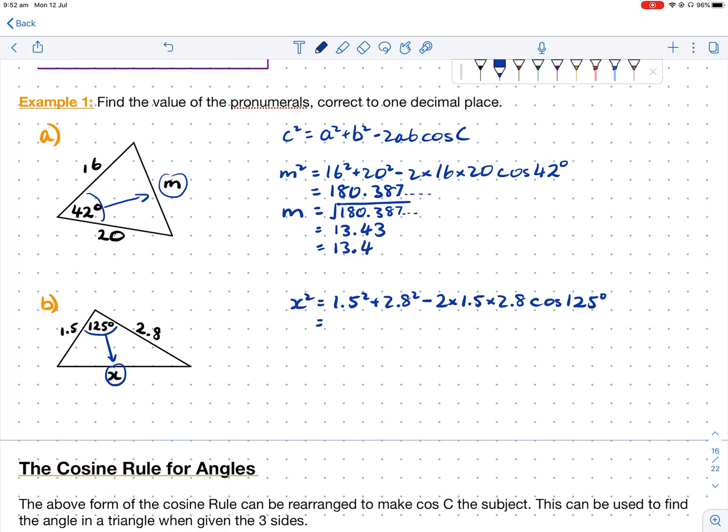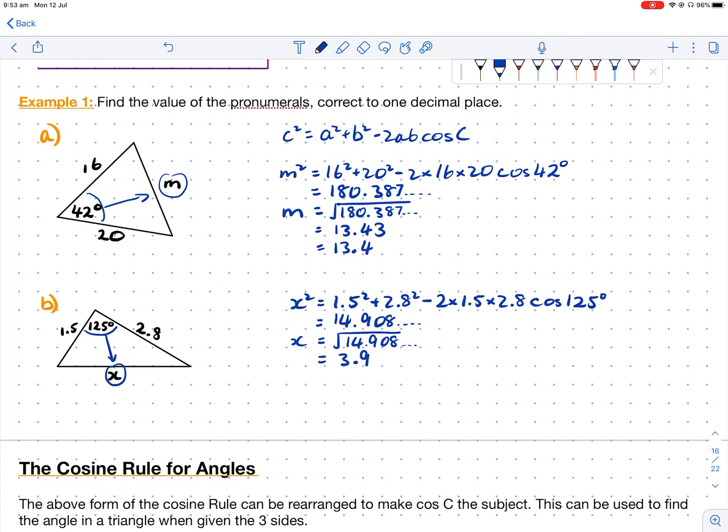When you put that in, just be careful with those decimals. We get 14.908, repeat with some extra decimal places, and then we need to make sure we square root it. So when we square root, again, use the answer button, and we get